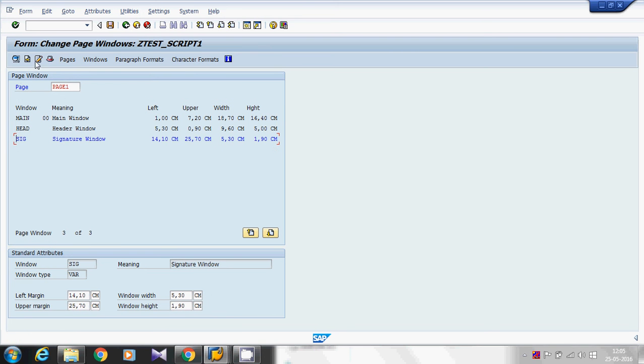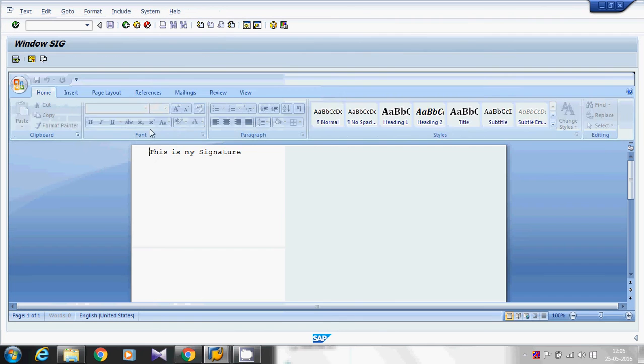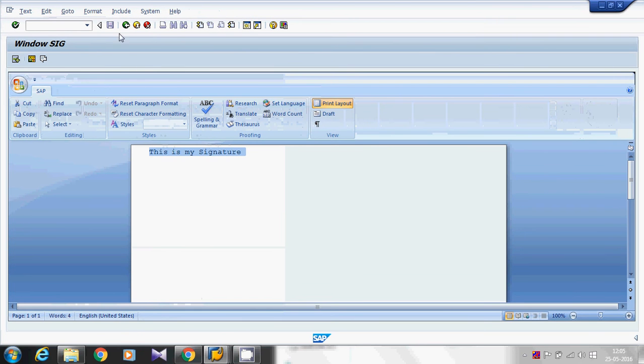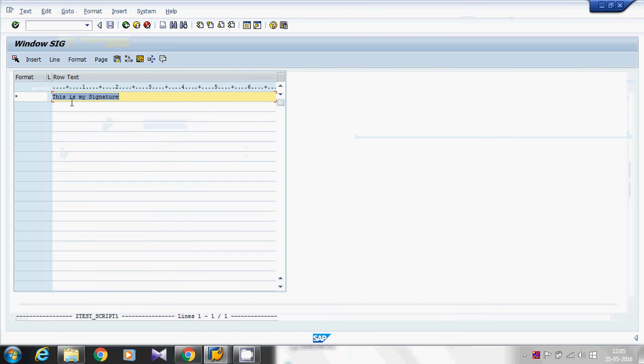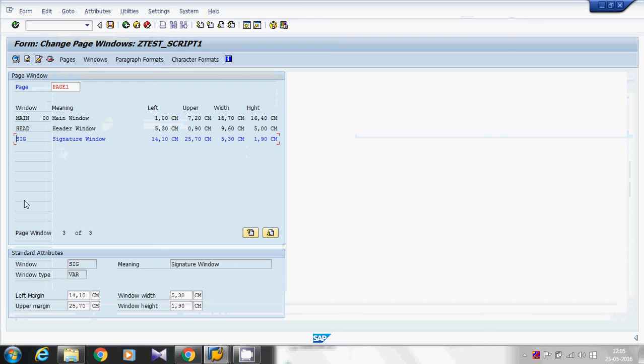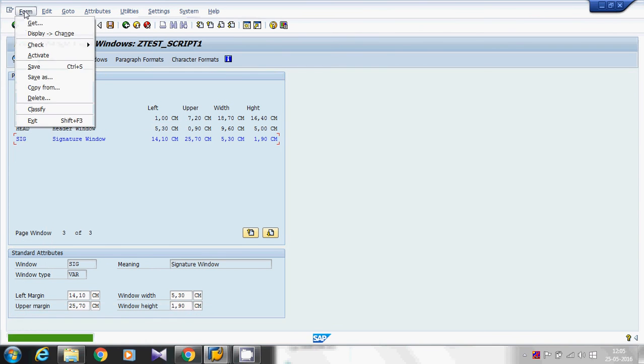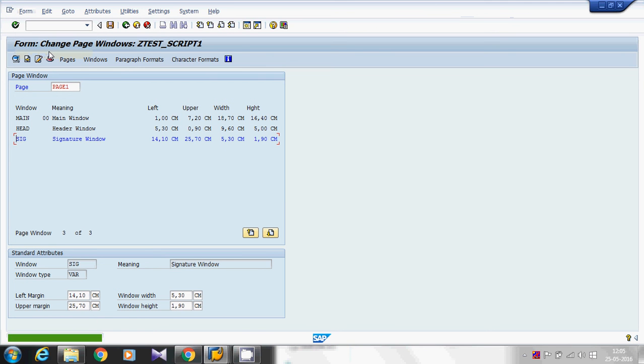Now I am adding a signature, and by default I have added some text here. This is my signature, this is the text that I have added, so I'm just simply showing it. This is how it actually looks. Now save and activate. If you want to see how the windows are arranged or aligned in the output page format,